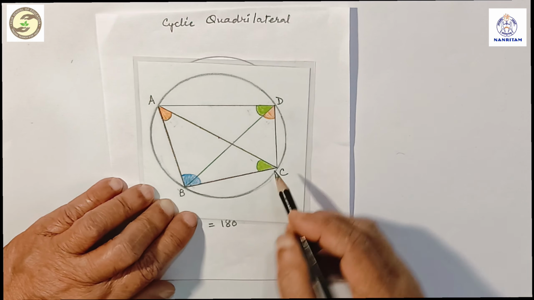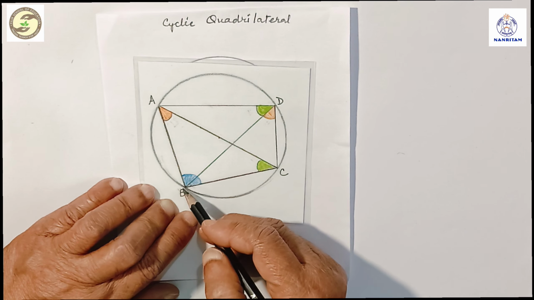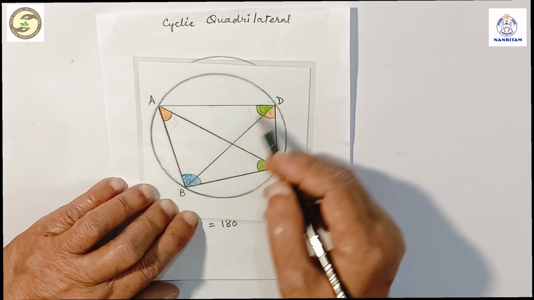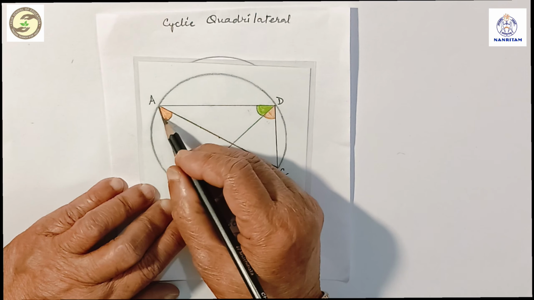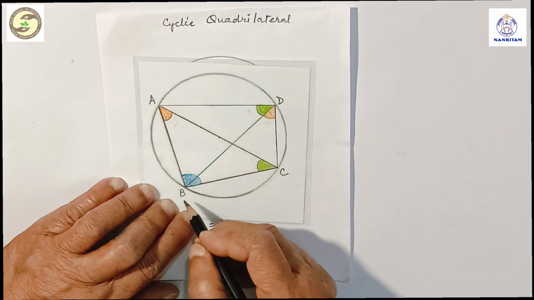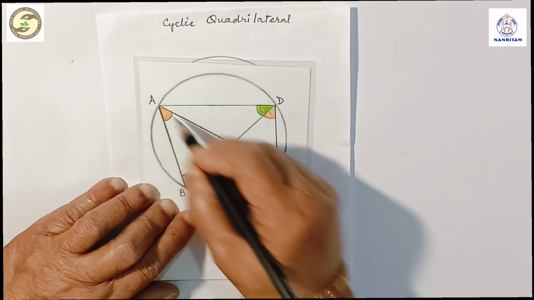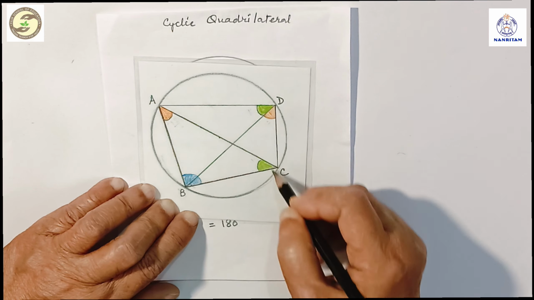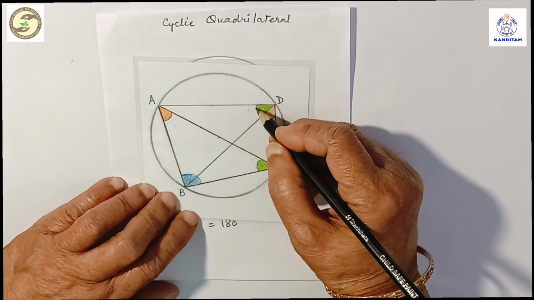So what have we got? This angle is equal to this because this is the chord and these two are subtended angles, and this angle is equal to this because BC is the chord and these two are subtended angles. Now if we add these two, it will be equal to angle D,